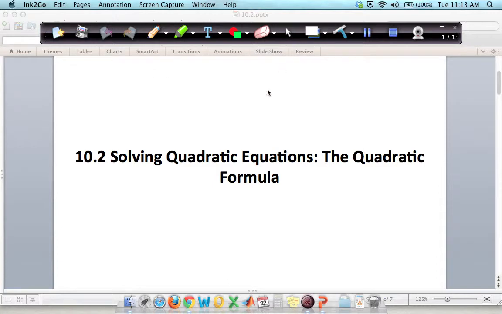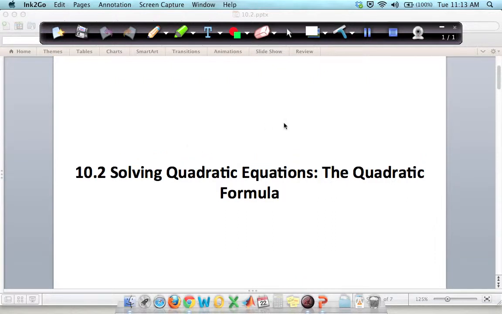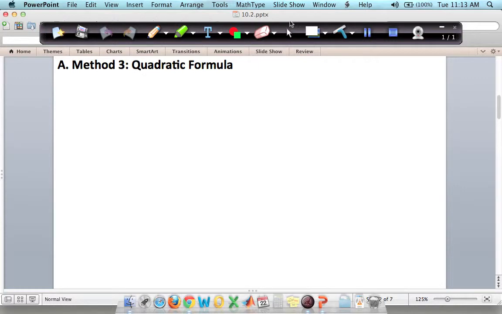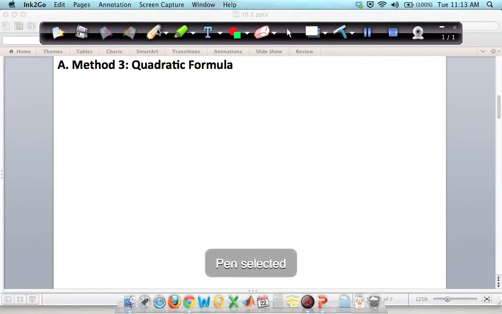All right, today we're going to look at the third way to solve quadratic equations, and this is using the quadratic formula. So I'm not going to derive the quadratic formula today. I can tell you it's found by completing the square for the general quadratic formula ax squared plus bx plus